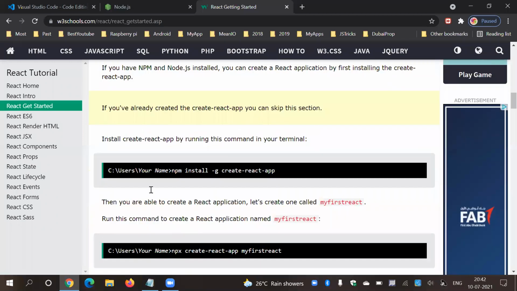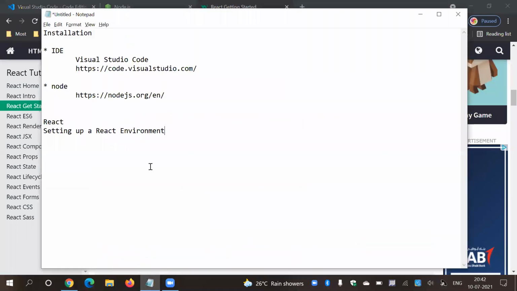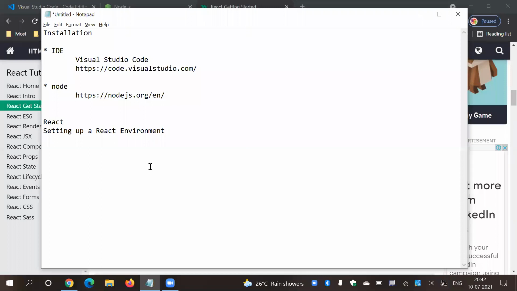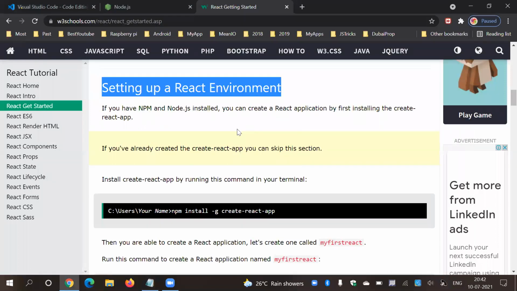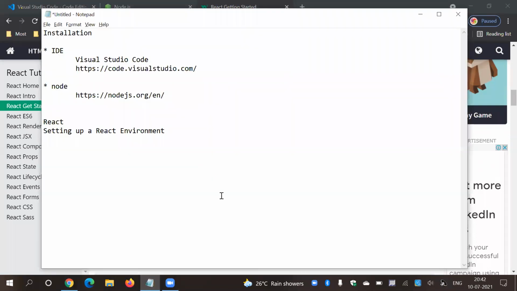So what I'm going to do, okay, setting up React session. I already explained what is meant by this command, right? Let me revise this command one more time. So npm means node package manager.